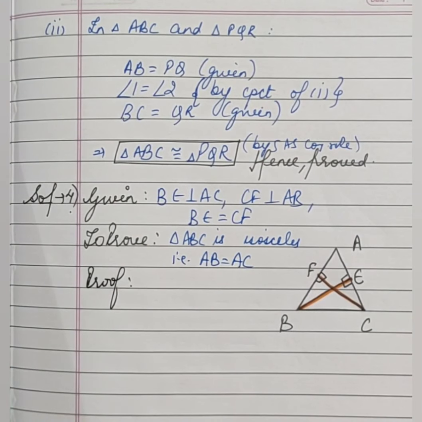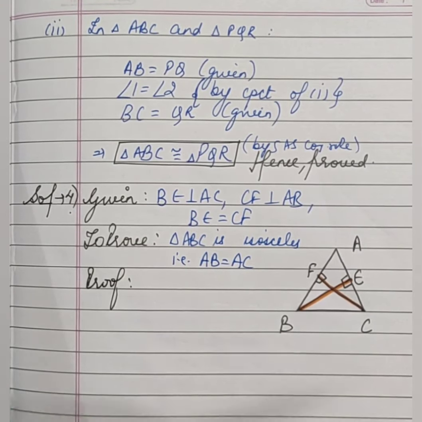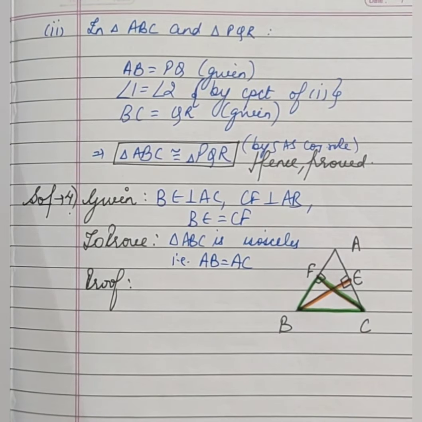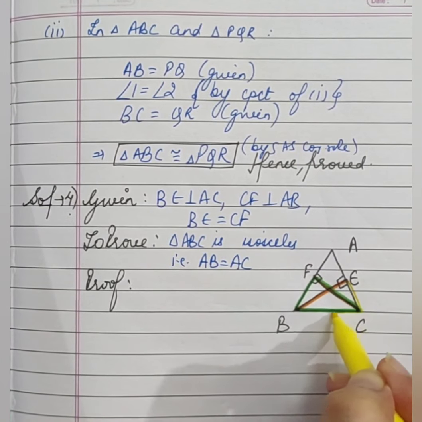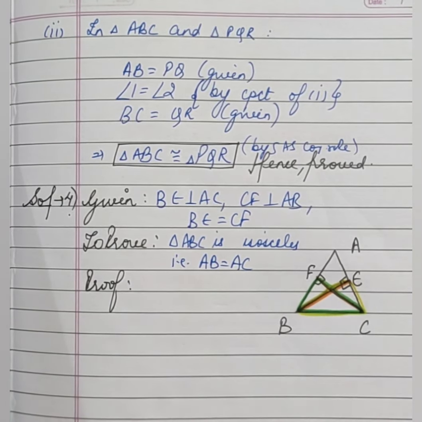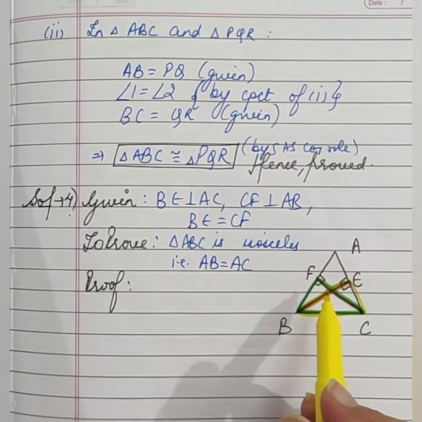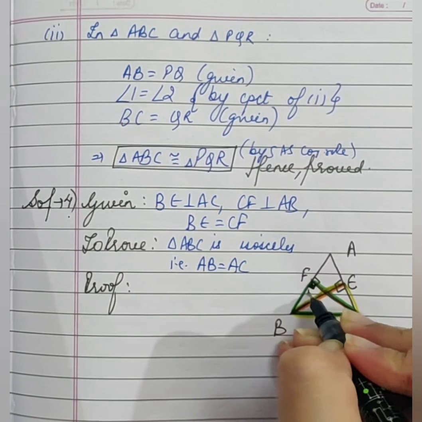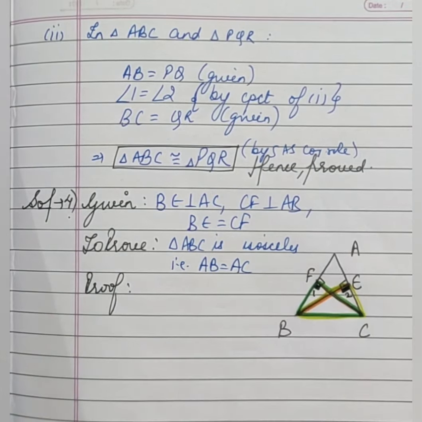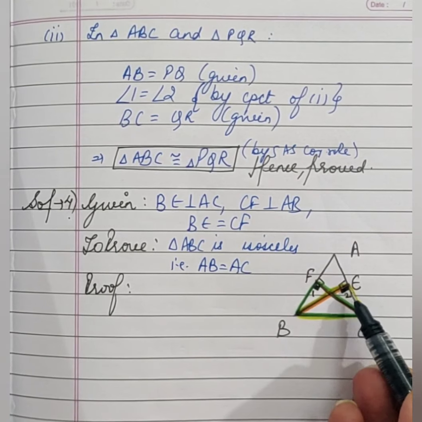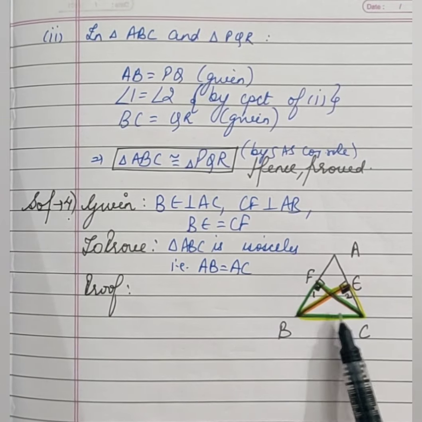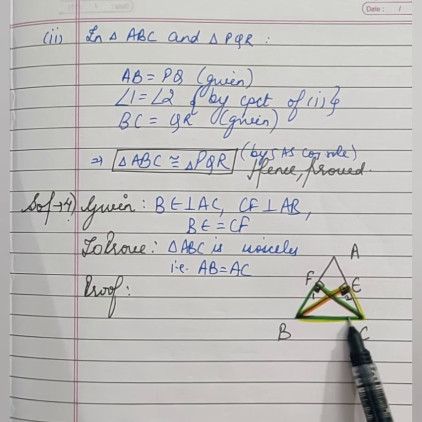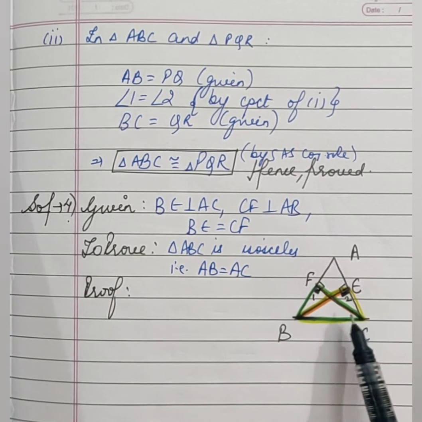Proof. Let's take the two triangles. First triangle I'm highlighting in green. The other triangle I'm highlighting in yellow. If I consider these two triangles, both are having 90 degrees, so I'll name this angle. Let this be angle 1. Let this be angle 2. See, both triangles have a 90 degrees. And we know the side opposite to 90 degrees is always the hypotenuse of triangle. So BC, that is hypotenuse, is common in both the triangles.